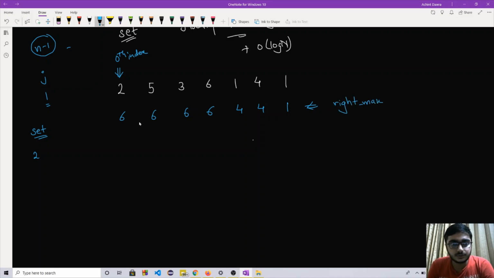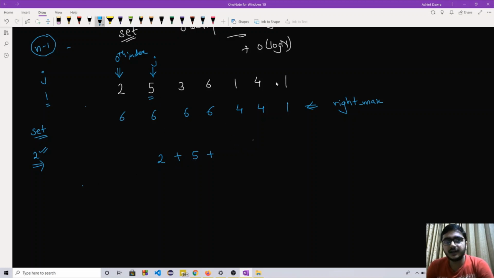Okay, so now let's start our dry run. j is initially here, at position 1, and this element is 5. Now we need to find the left and the right part, right? So we perform binary search over this set, which has only one element, and that is smaller than 5, so we return 2 from here.